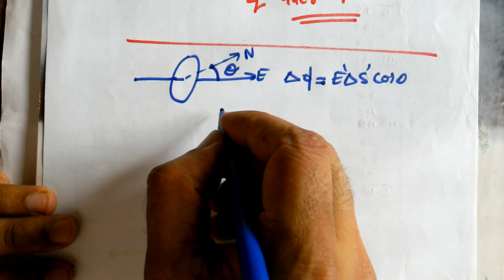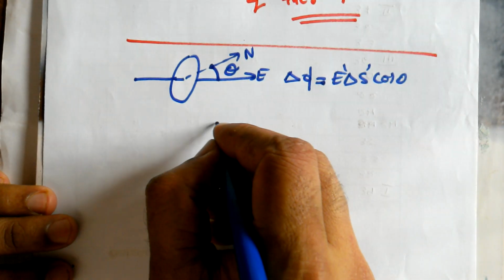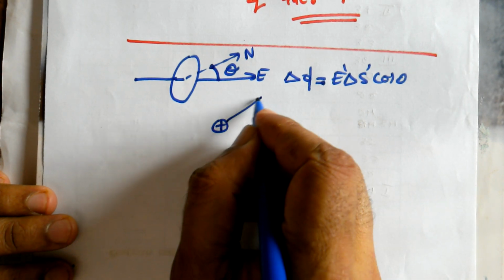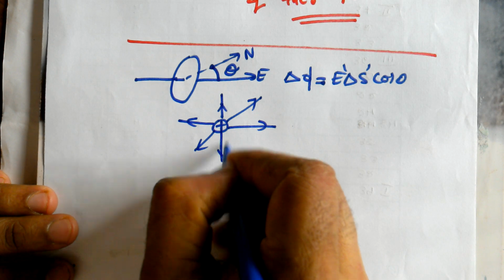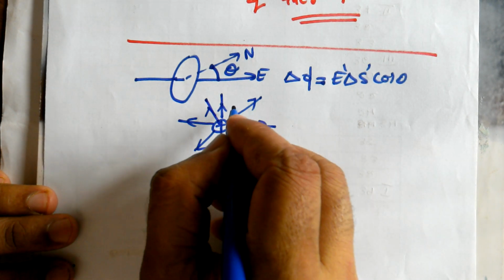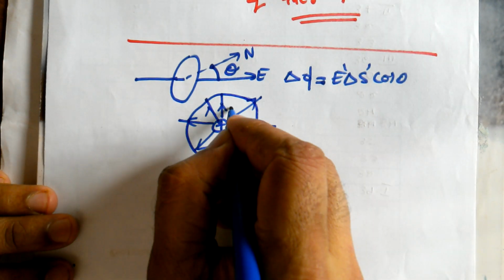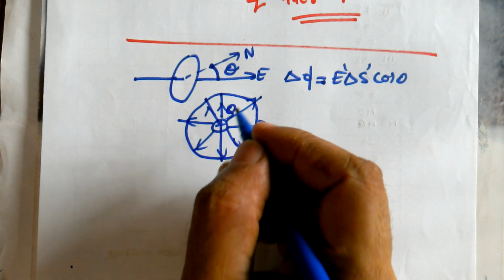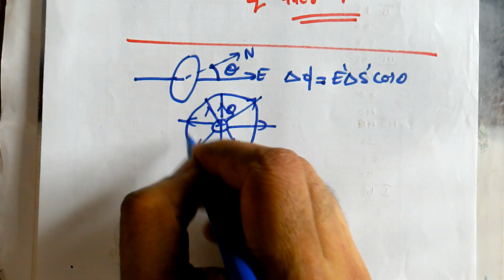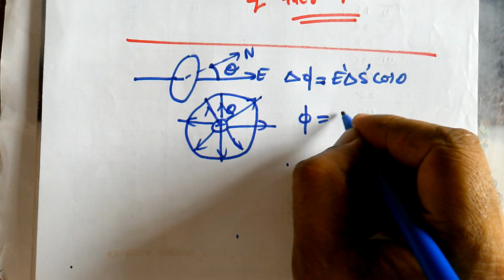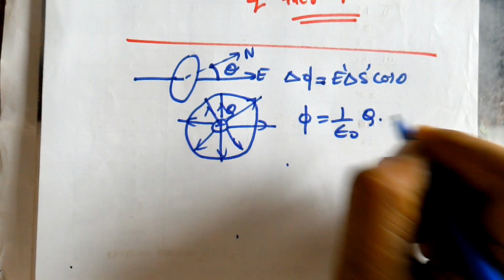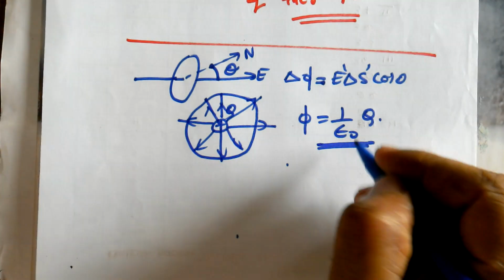And if you want to know the flux through the full surface, for example, if you have a charged body, it will show electric field lines around it radially going out if it is a positively charged body. If you enclose it within a Gaussian surface, if the charge is Q, then flux through the entire closed Gaussian surface is 1 by epsilon naught times the charge enclosed within the Gaussian surface. These are the two theorems.